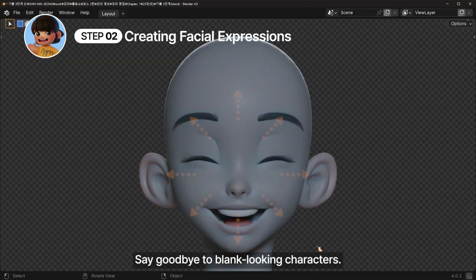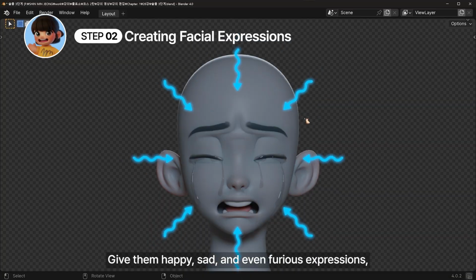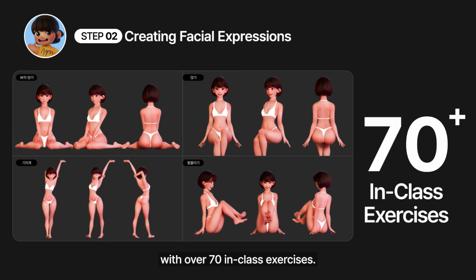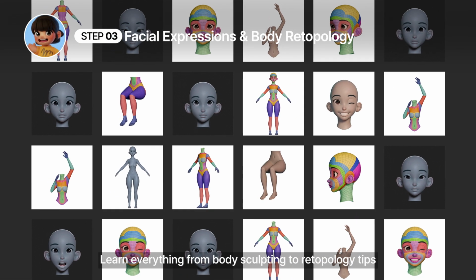Say goodbye to blank-looking characters. Give them happy, sad, and even furious expressions, as well as dynamic poses, with over 70 in-class exercises. Learn everything from body sculpting to